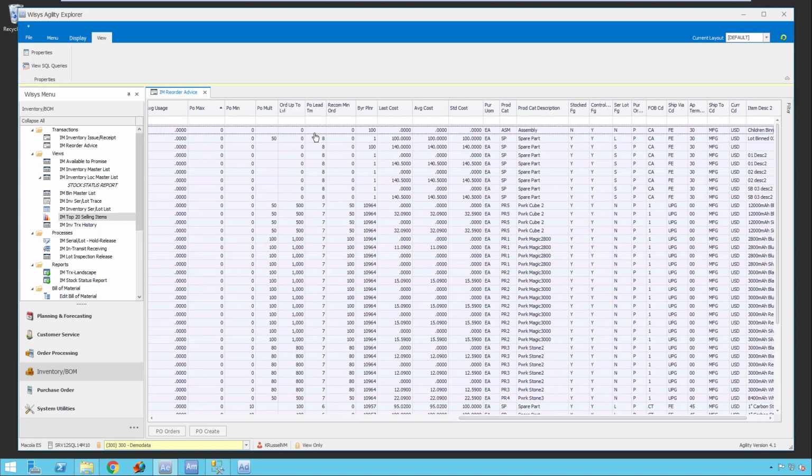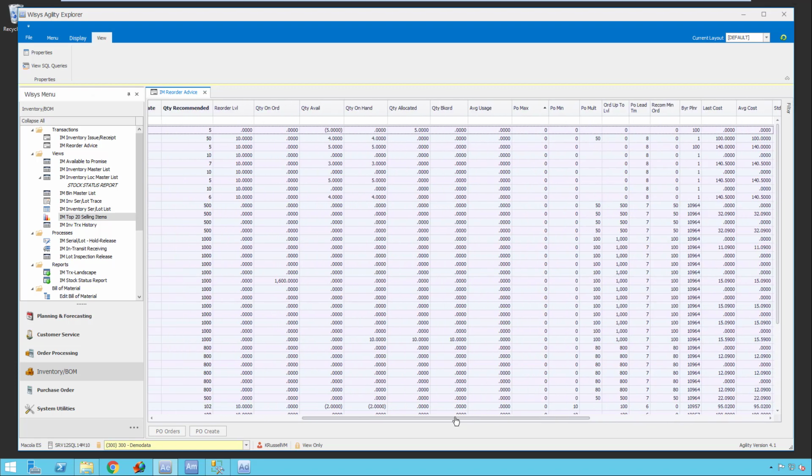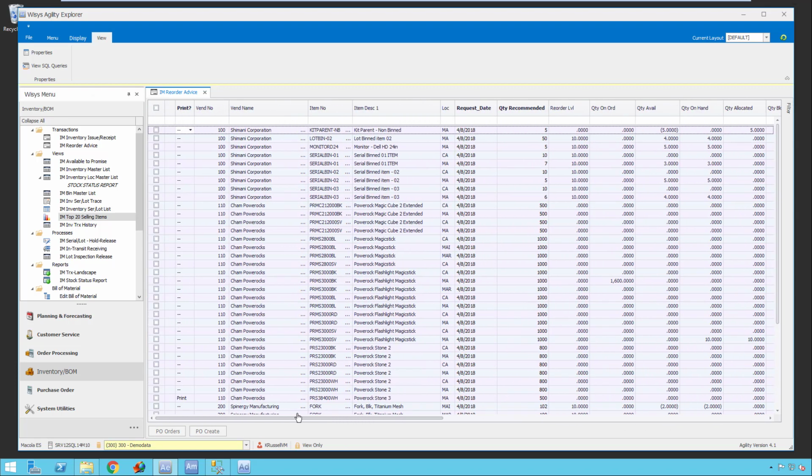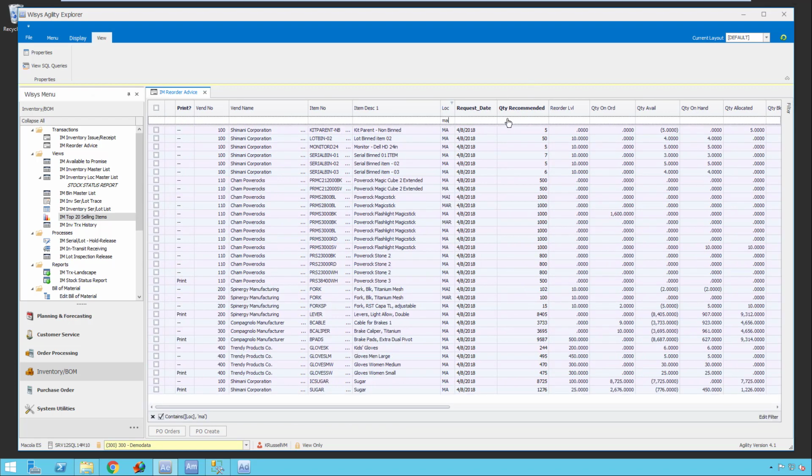My lead times, my recommended minimum orders, who's my buyer, what my costs were, if it's stocked, controlled, all of that information is easily available for you to review. And based upon that review, then you can come in here, and maybe I'm only managing my MA location, so I could filter and only look at MA. And now here are the items that it thinks that I should order. So I'm going to come down here, and I have some sugar down here. And when I take a look at my sugar here, I can see that it's telling me to buy